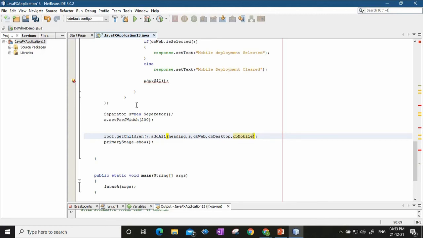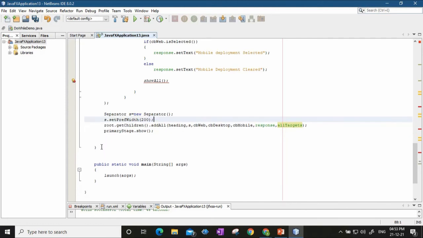And then I want the response text, so the response will be added. And finally I want all targets selection printed, so all targets will be printed finally. Fine. So this is the code for the start method.